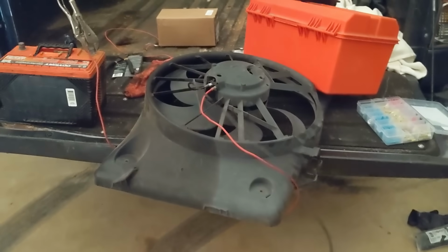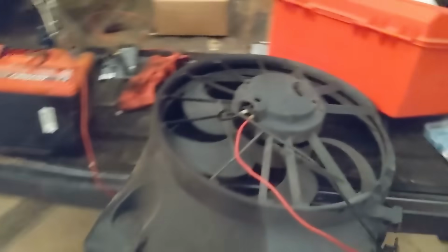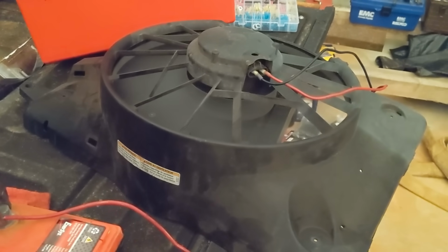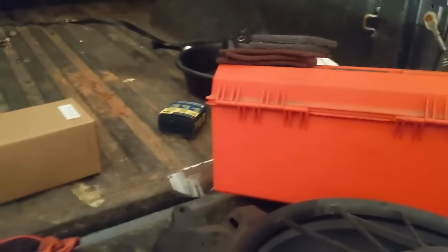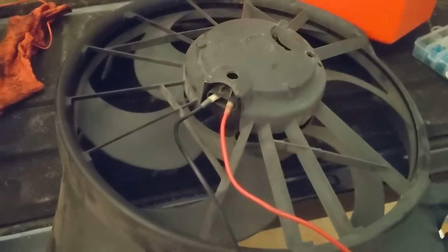So this electric fan right here was on the car when we got it. No idea if it works or not, but I'm about to test it and see what happens. Don't know what's power and what's ground here. I think it's a dual speed fan because it's got 3 connections. We're going to see what happens though. That thing works good. So it seems like it's set up to be a pusher, which is what we need